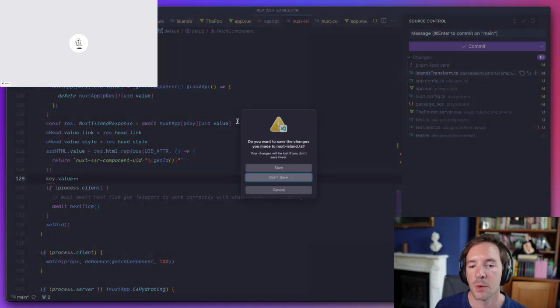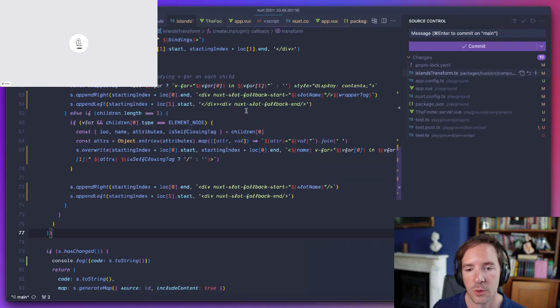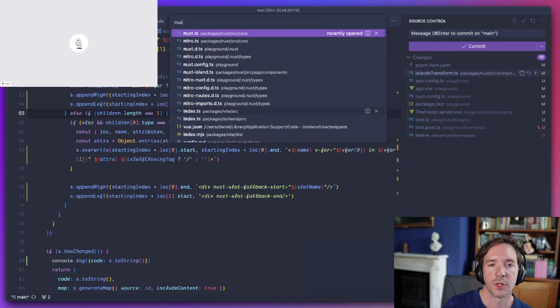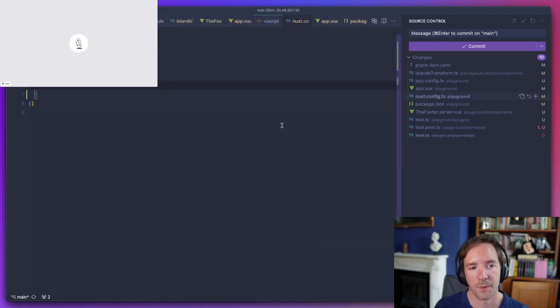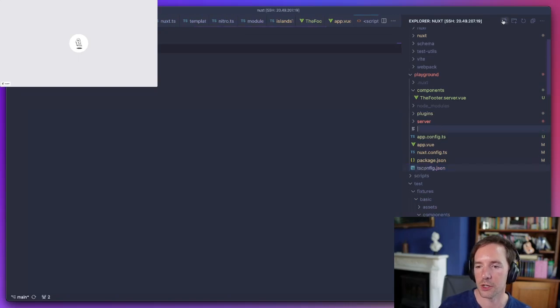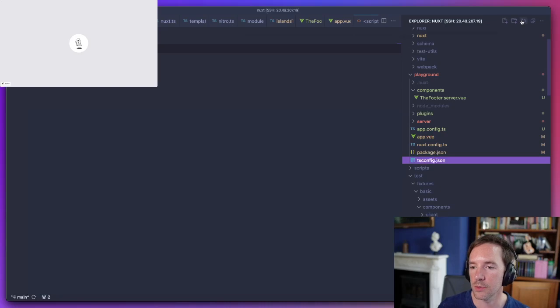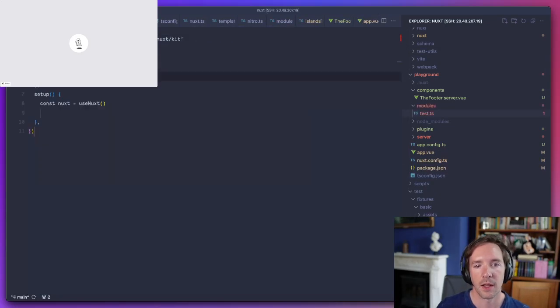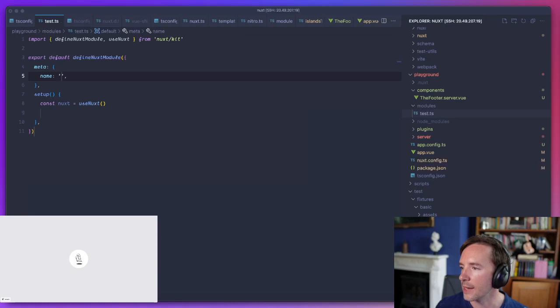But I think I know where you're getting that because I did make a comment about it. You can add a server component like this. If you are building a module, for example, you can do this in your local project. You have a modules directory and you can create a test module, or any module, but this is just an example.